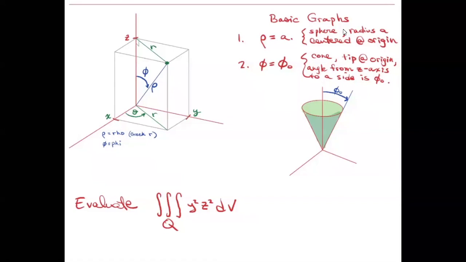So Q is above the cone phi equals pi over 3, and below the sphere,